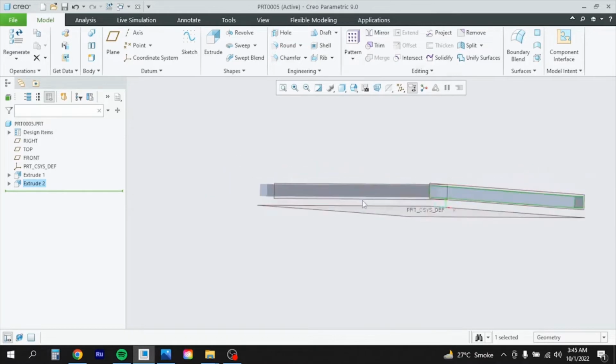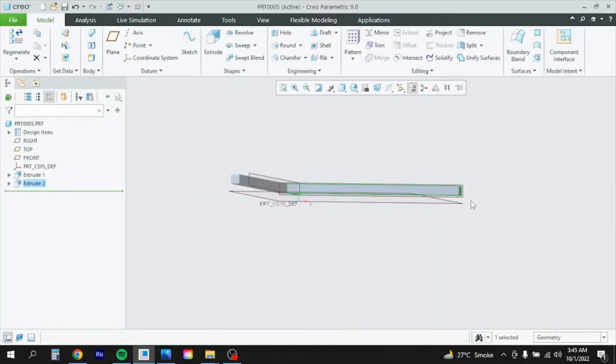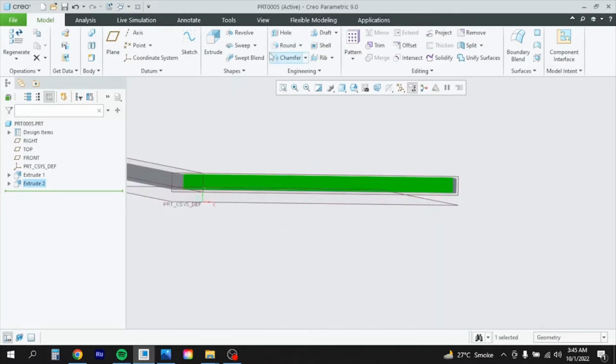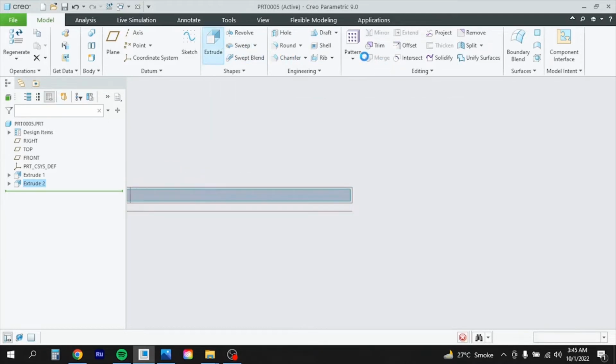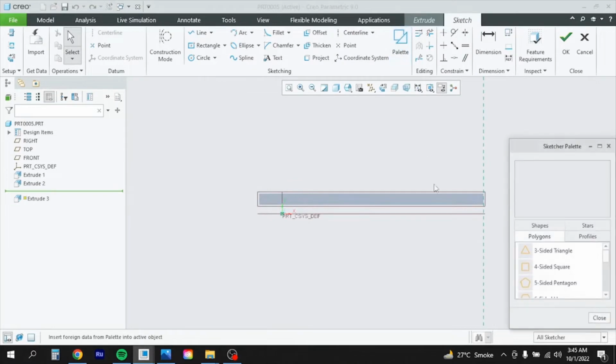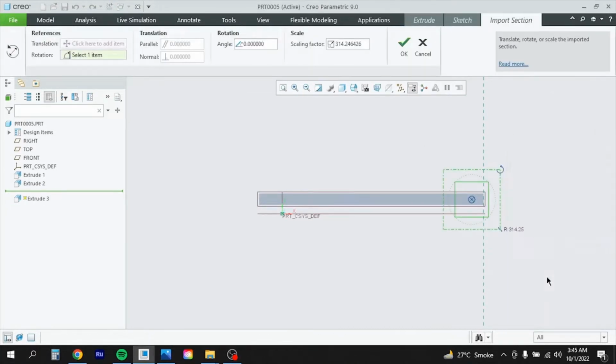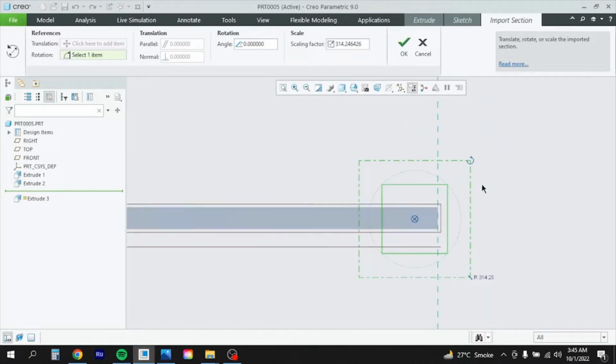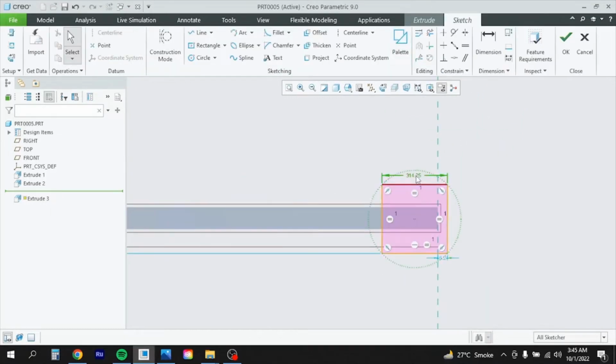Now again I have to start working on this plane. So I will choose this plane. I will go for extrude. Then I will choose the palette again. So this one I will drag and drop here, and I will say OK. So this one 100